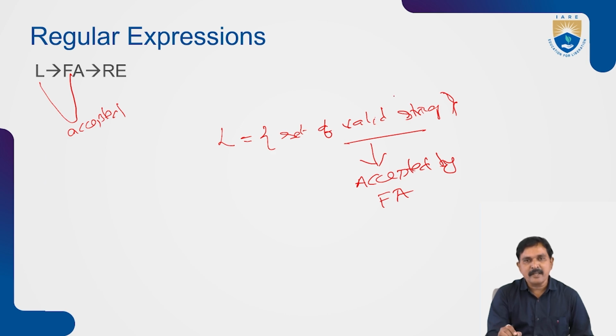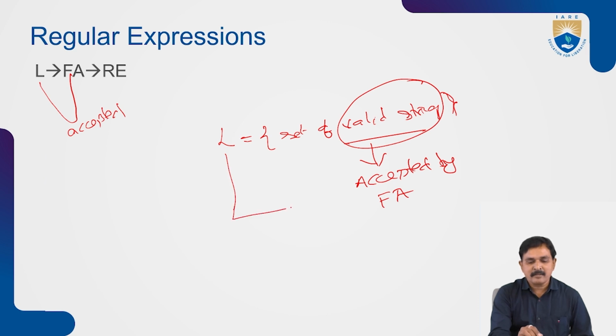When a string is accepted by a finite automata, it is called a valid string. The set of such valid strings is defined as a language. It means the language rules, grammar, and syntax, based upon which you are generating only the valid strings, those that can be accepted by the finite automata.